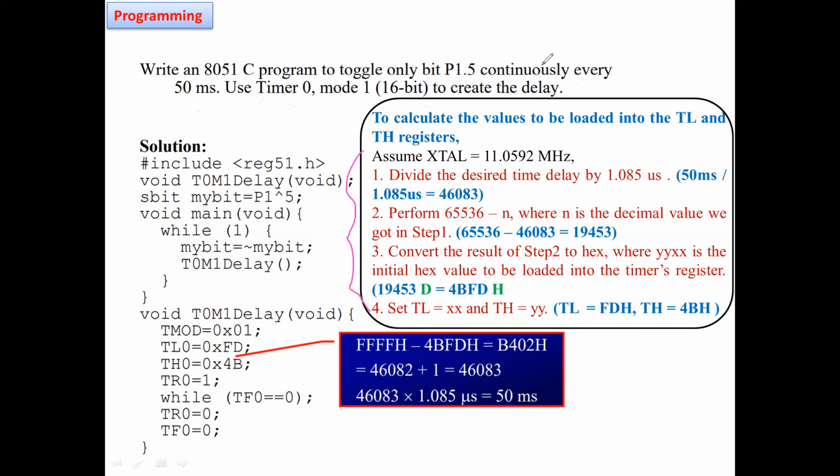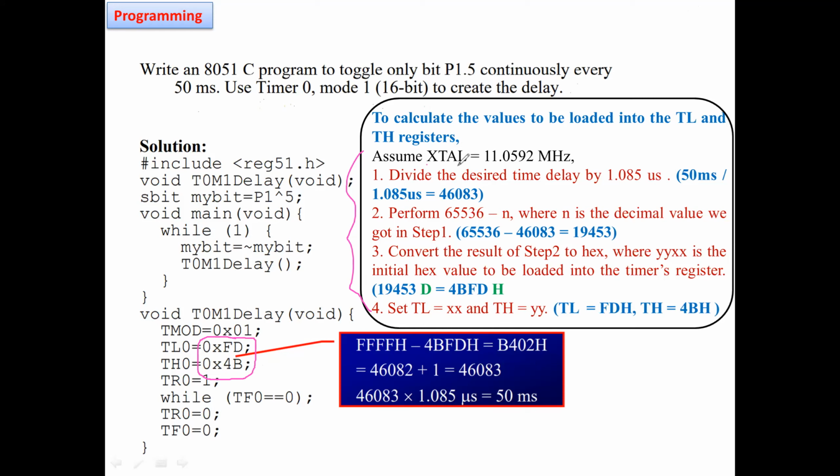Same steps, so I'm writing the formula here. Now, we don't know how to put the value here. Always in the question you find out whether they have given the input frequency to the timer.